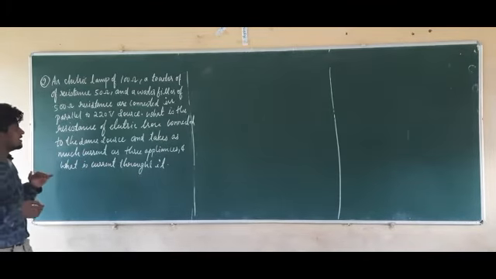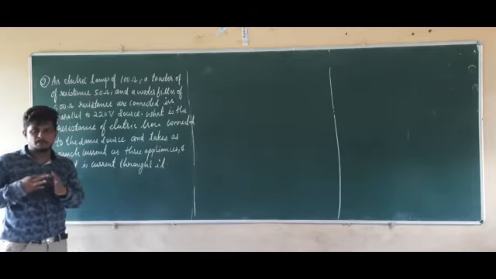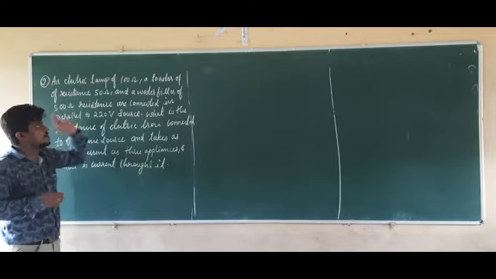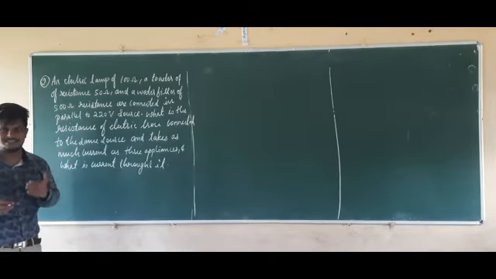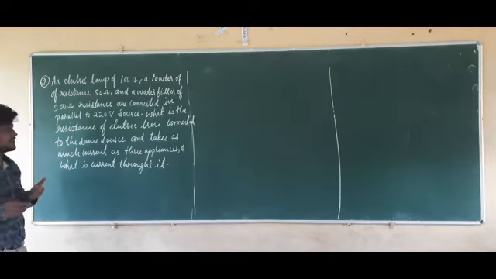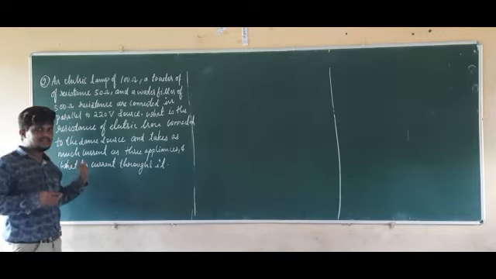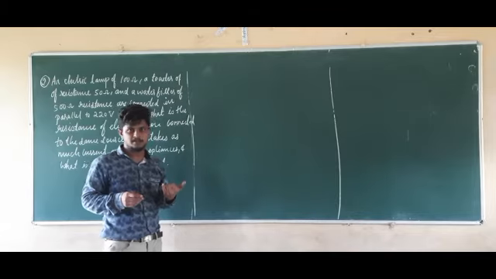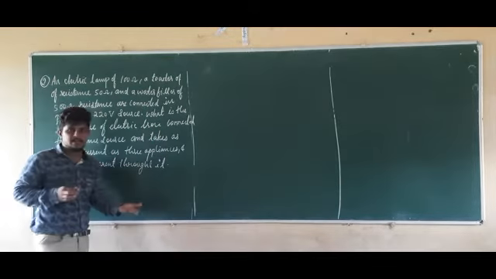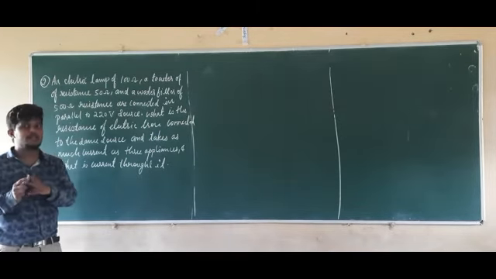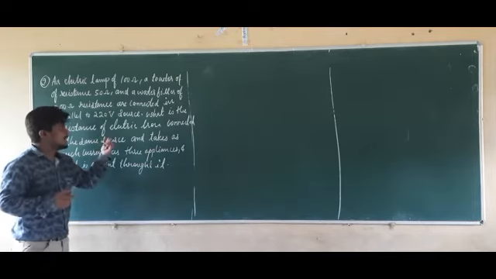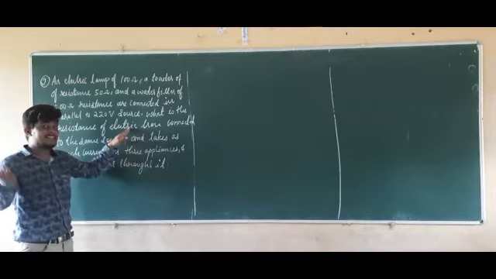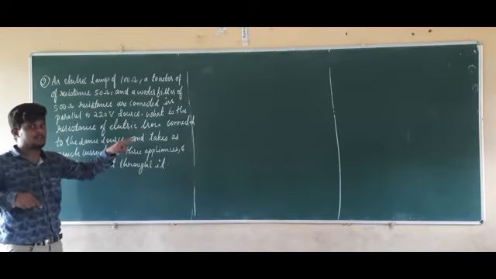So in the problem statement, what are they given? They are given the three appliances like electric lamp, toaster and a water filter having different resistance, connected in parallel to a 220 volt voltage supply. So instead of those three appliances, we are going to take only one appliance, that is nothing but the electric iron. So that electric iron is again connected to the same supply only.